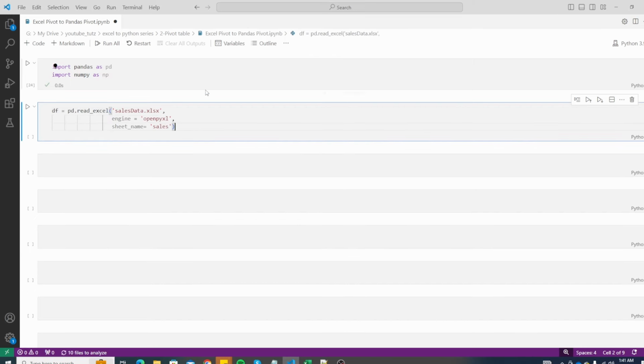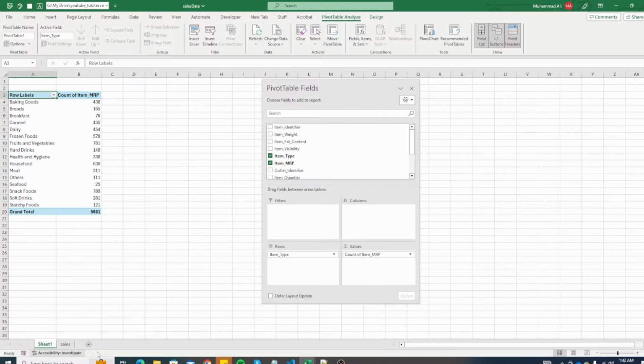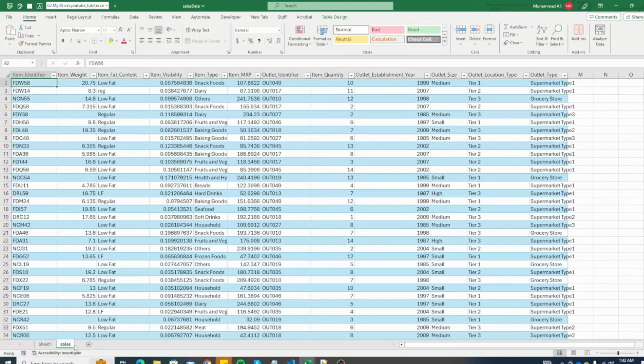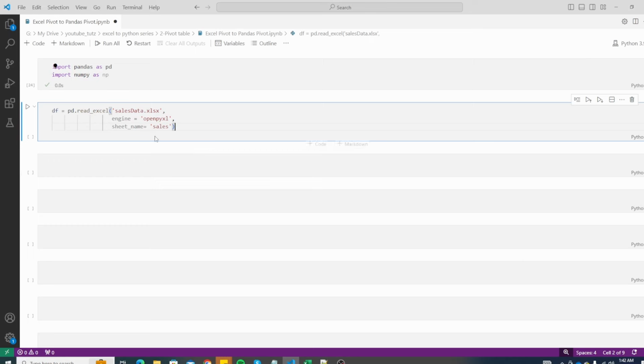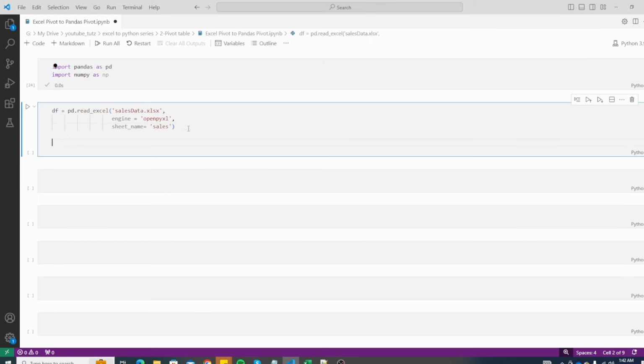Since our Excel file has two tabs or worksheets, read_excel will pick first sheet by default, or we can mention sheet by sheet_name variable, which we added here. That is a sales tab. That will make sure it picks the correct tab or worksheet name. So for example, the sheet we have is called sales, which we mentioned by sheet_name here. Let's add a head method just to see that the data we loaded is fine.